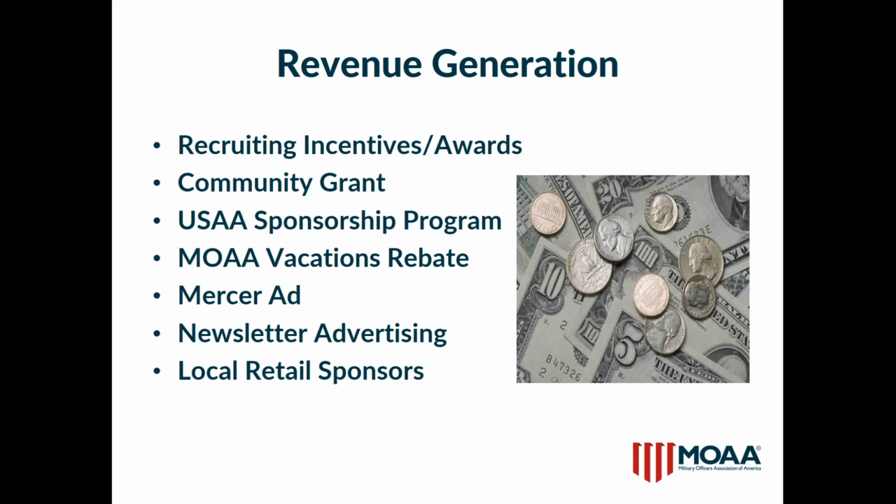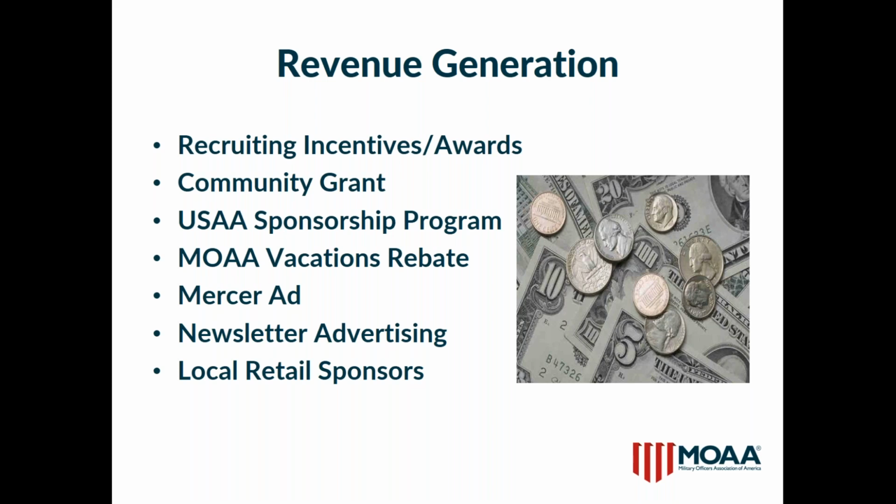Our insurance company that I mentioned earlier, Mercer, has a generous program as well. There's a flyer on our website that talks about it, but essentially if you agree to advertise for them in your local newsletter, whether you do it once or every single month, once a year, and that application period is open right now as well, contact Mercer, get the ad, and put it in your newsletter, and your chapter gets a free $100.